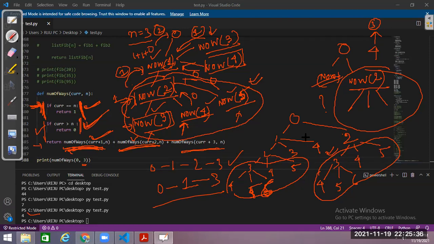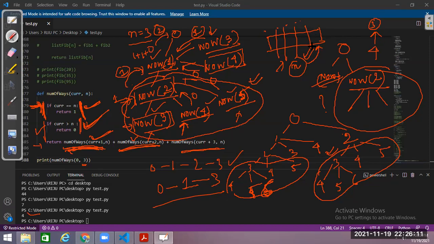Just store the value. How can I store? What is the length of my array that I require for storing this? That is n, right? Maximum number of stairs I require.